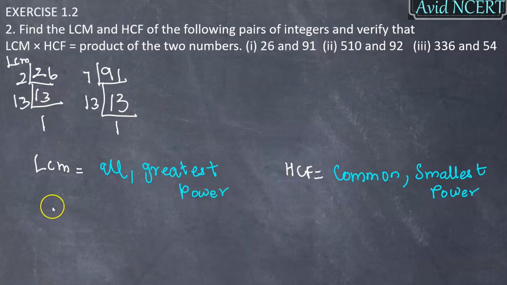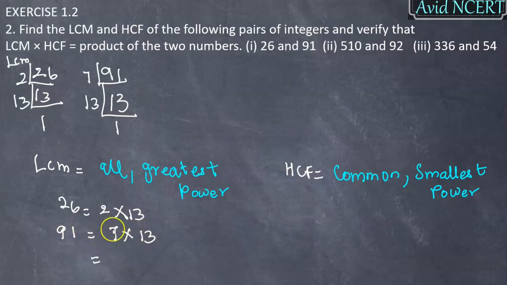For LCM, 26 equals 2 into 13, and 91 is 7 into 13. So here we have to write all the factors. The factors are 2, 7 and 13. In 13 we have it 2 times, but the power is the same, 13 power 1, so we can just take 13. 2 into 7 into 13 is